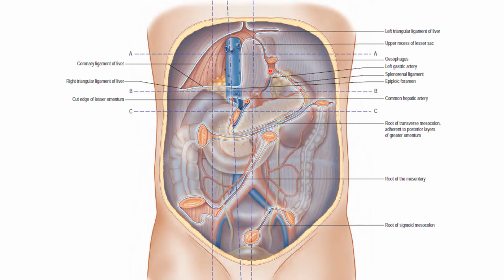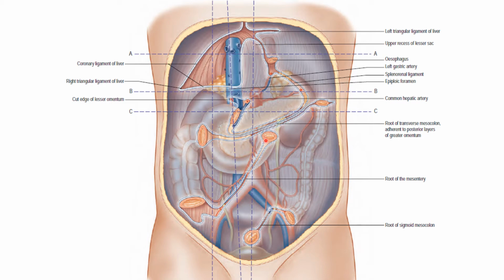So the first segment comprises this distal portion of the esophagus, then the stomach with this connection. This is the portion showing the greater omentum has been removed. This is the lesser omentum being removed, and this is the first part of the duodenum. So this is the first segment comprising the distal esophagus, stomach, and first part of the duodenum.